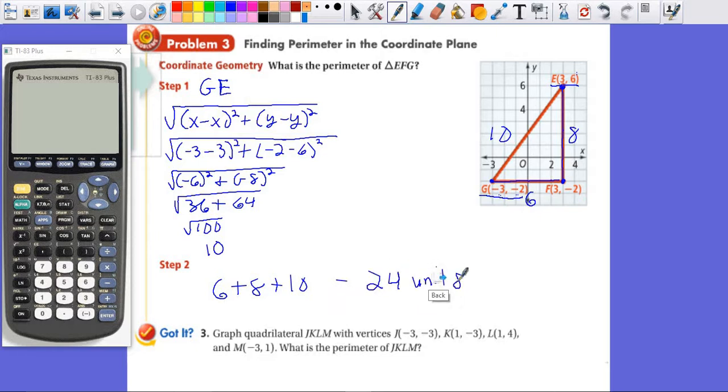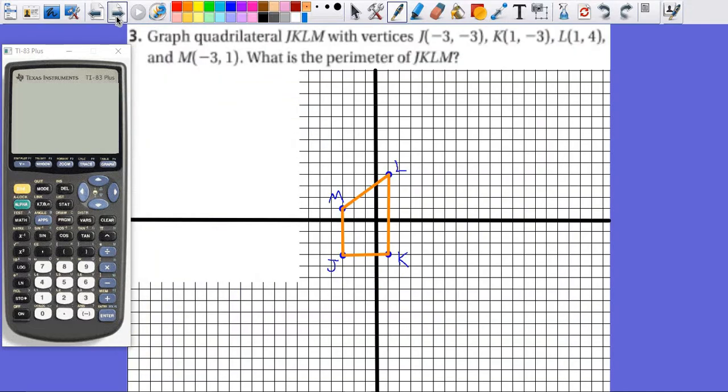All right? So at this point, go ahead and pause the video and then go ahead and try problem 3 on your own. If you look over here, there's a graph on the next page that you can use as a reference as well. All right, now that you've had a chance to go ahead and graph this problem and try it,